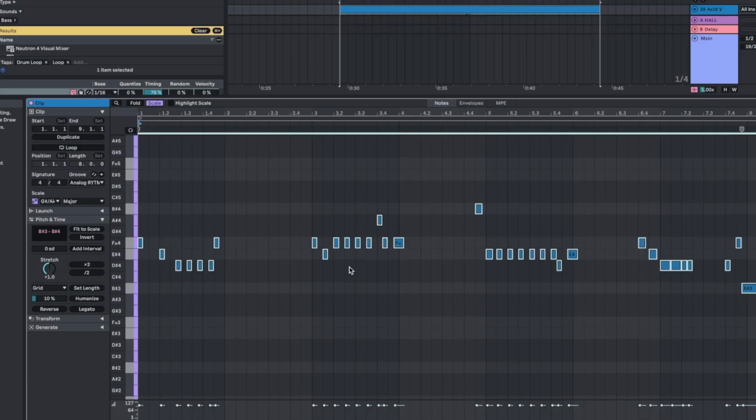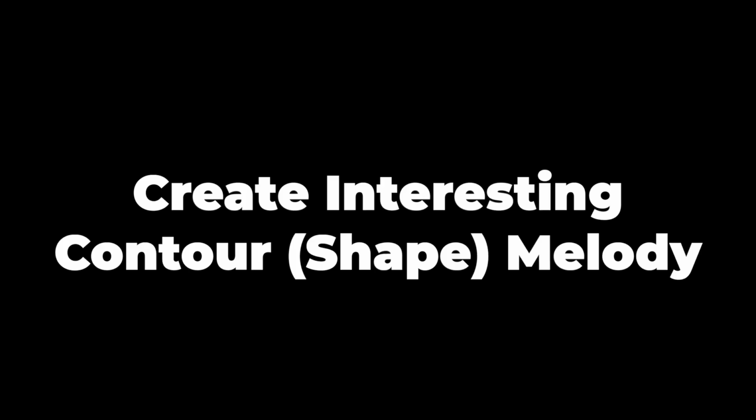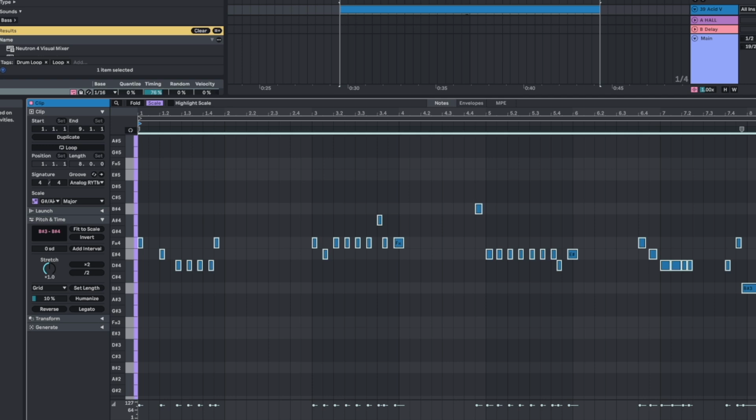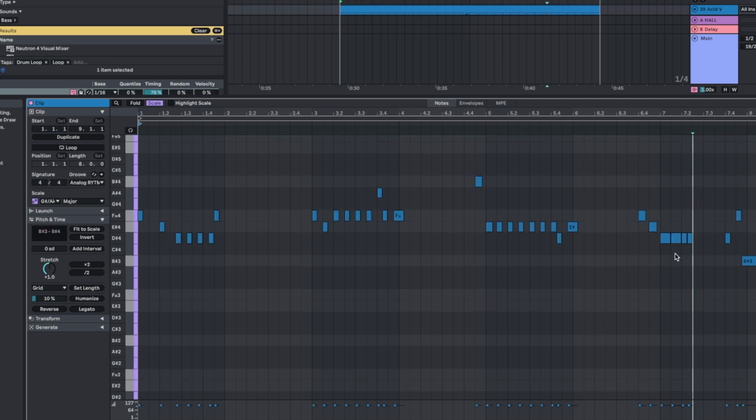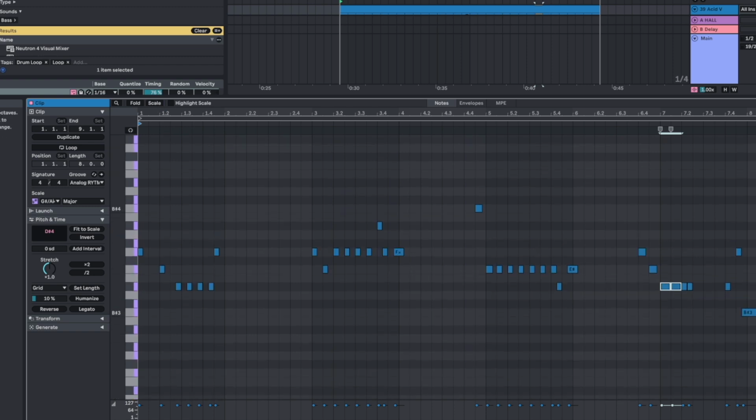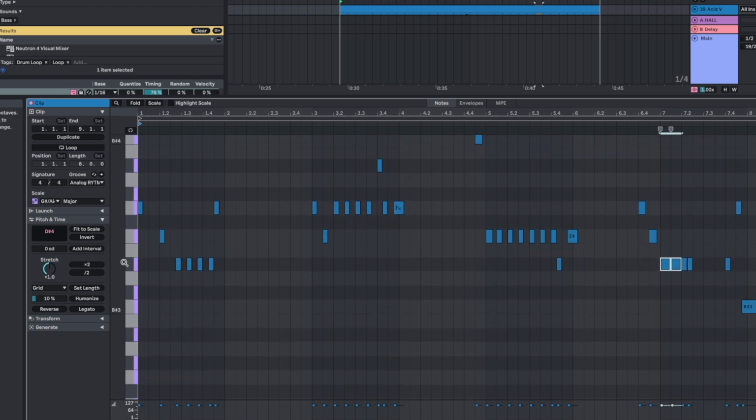Now there's one more thing that I need to mention when it comes to melody that's super important, and that is the shape and the contour of the melody. All that means is, are you choosing to go up the scale more or down the scale, or a combination of both? There's really no right way, but as I'm writing a melody, there's a reason why I decided to do a very drastic jump here, because if I remove the scale feature, you can see that at the beginning of the melody, we're going our way down and then we're jumping really high up here,